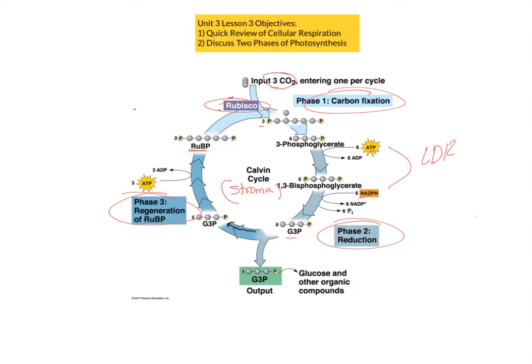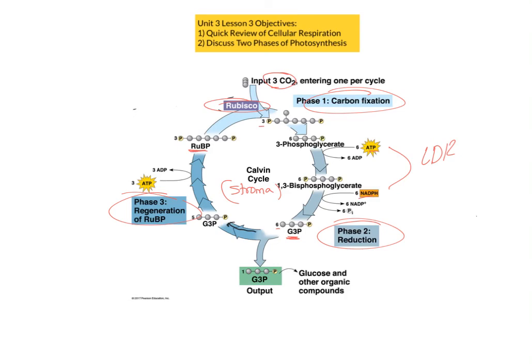And as we see, from 3 carbon dioxide molecules, we get a total of 6 G3P molecules. One of those actually exits the Calvin cycle and will be combined with other G3P molecules or other molecules in the cell to make organic compounds such as glucose or other sugars. But the rest of the G3P molecules are recycled, and they're used to actually regenerate